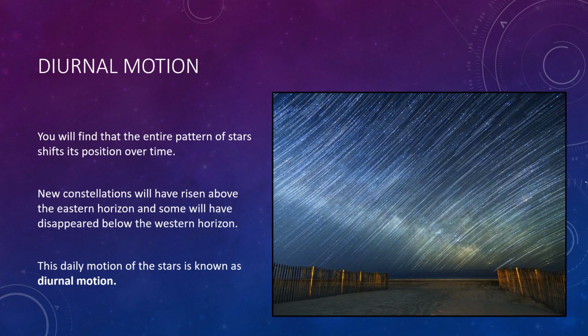If you look again before dawn, you will see that the stars that were just rising in the east when the night began are now low in the western sky. This daily motion, or diurnal motion, of the stars is apparent in time exposure photographs like the one you see on the right. So these are what you would call star trails. So this is a long exposure photograph. Someone left the lens of their camera open for a while, and as the stars moved through the sky, they left a streak behind. So what causes this?